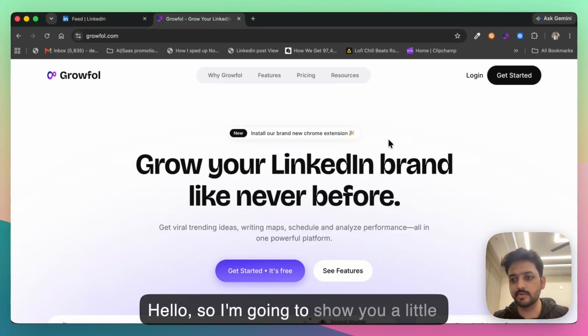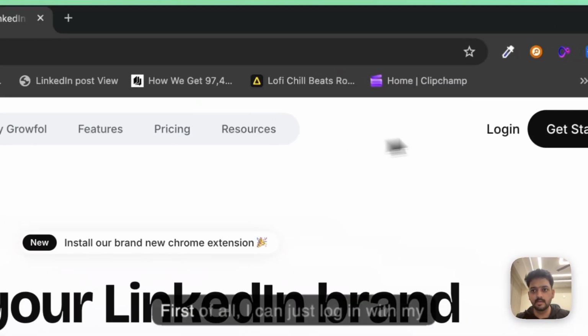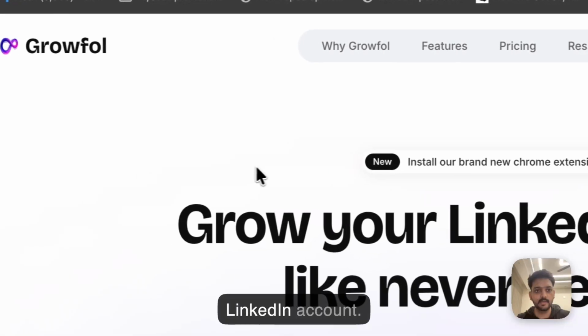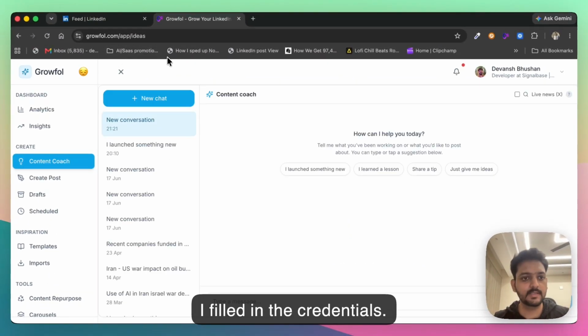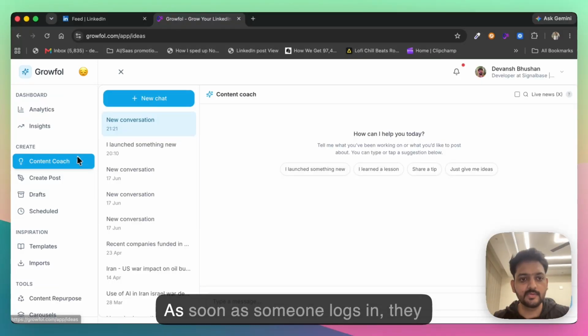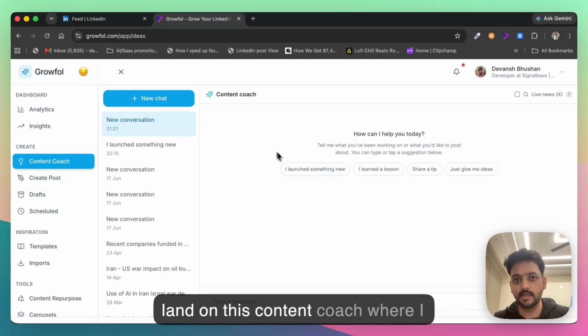Hello, so I'm going to show you a little demo of how the app works. First of all, I can just log in with my LinkedIn account. So I'm already logged in, I filled in the credentials, that's why I'm able to see the app. As soon as someone logs in, they land on this content coach where I can turn on this live news